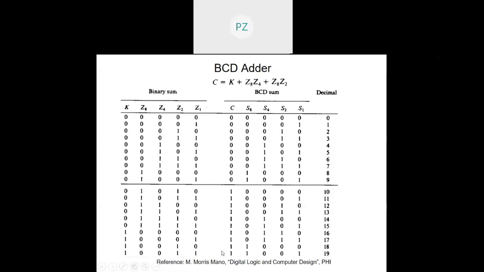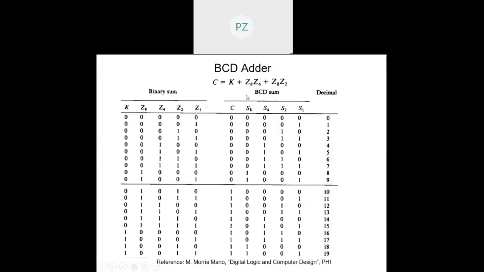So I must identify this condition. See, C I should identify. Now, how can I write C? Now you will realize what logic means, why this course is called digital logic. You see, I'm writing C is equal to K, right? Now, when I say C is equal to K, I cover only these conditions. These points are still remaining. So in order to cover these points, if I simply do K or Z8, then it will include these two also, which I don't want. I just want to keep it between this.